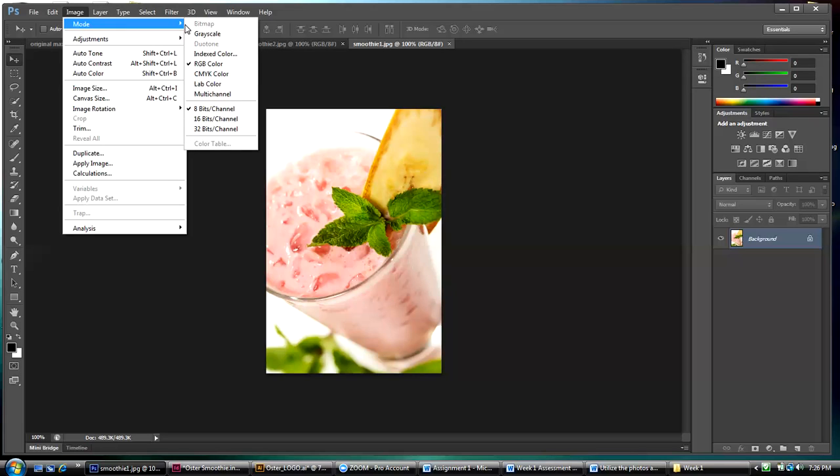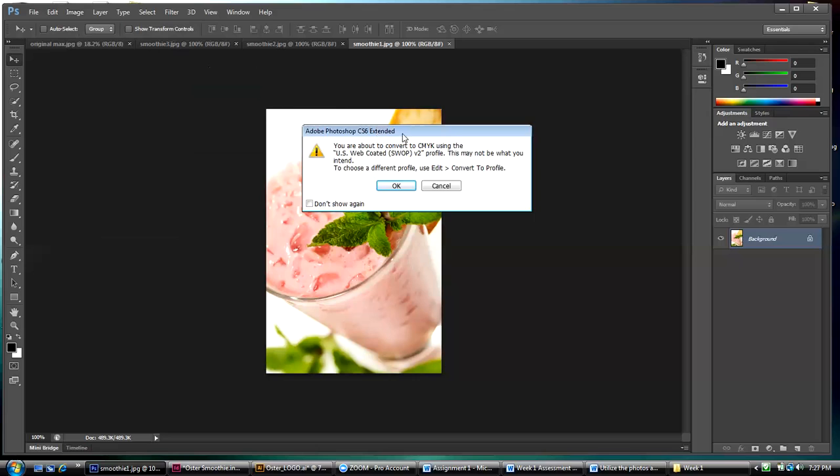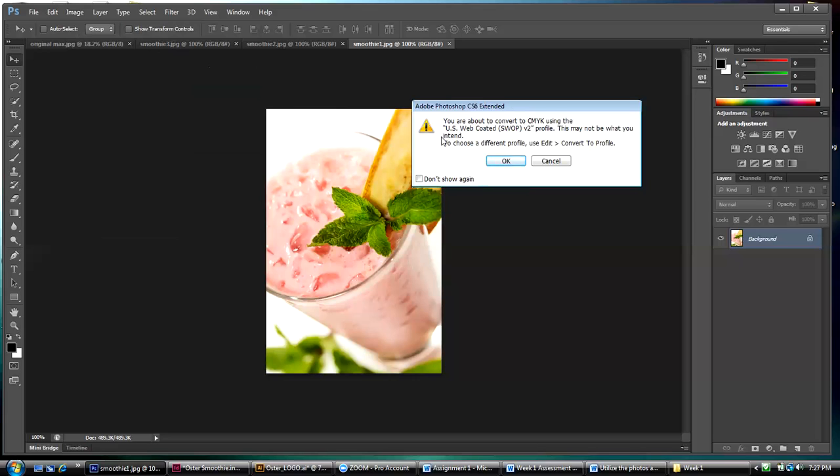Image Mode. And I can make it a grayscale. I can go indexed, RGB, which is what it is. See the check mark next to it? Okay, it's RGB. All I'm going to do is roll over CMYK and let go, and I get this little dialog box that says, you are about to convert to CMYK using the US web-coded SWOP v2